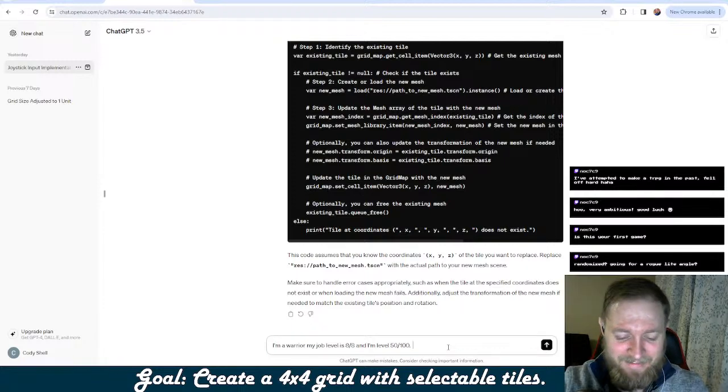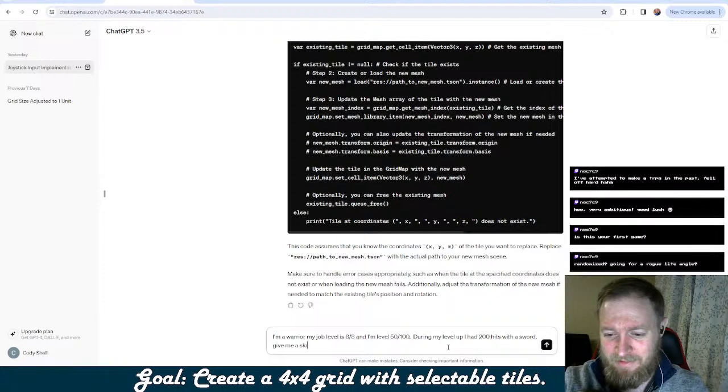And say during my level up, I had 200 hits with a sword, right? Give me a skill with damage between 0 and 100, accuracy between 0 and 100, and include special effects like